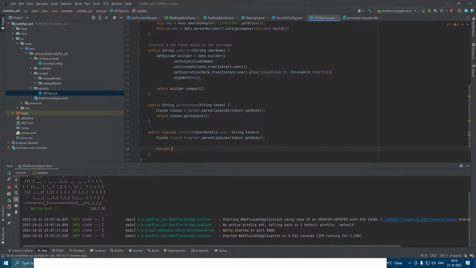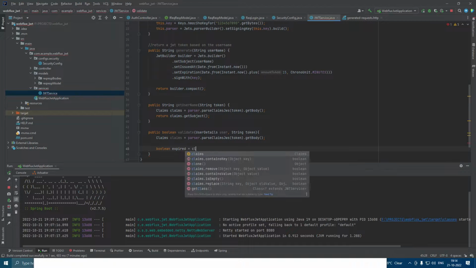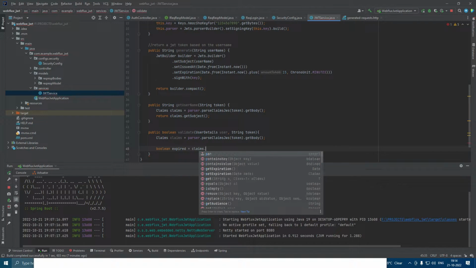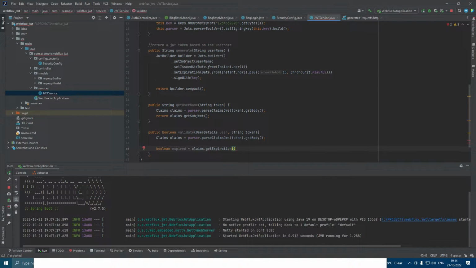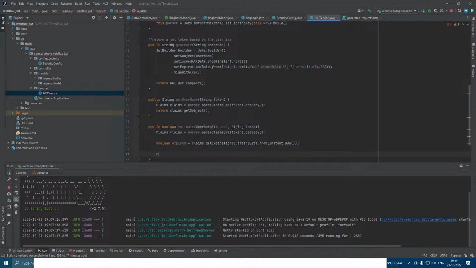So expired equals claims.get expiration date.after, and we want to do Date.from Instant.now. So we are checking if the expiration date has been reached,